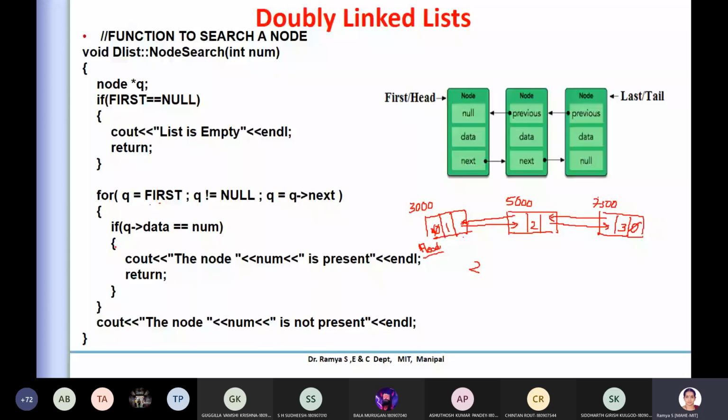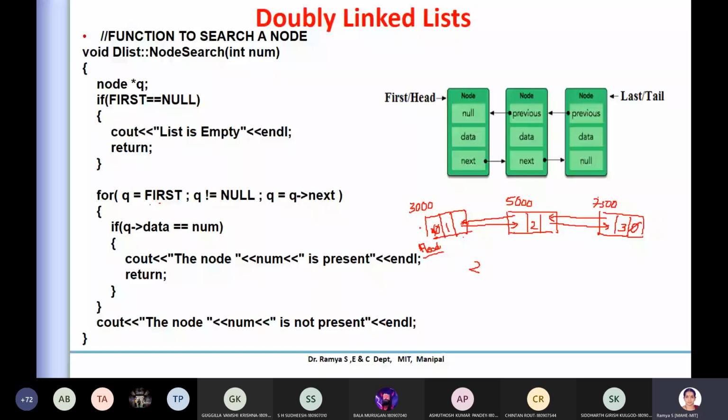So basically you will have a structure which can take two addresses. One is for the previous value, one is for the next value. It is almost the same as a singly linked list, but you can come back. From 5,000, I can go searching in the forward direction or the backward direction. That is not possible with your singly linked list. That's the only difference. Otherwise, in any operation where you are just going ahead and not traveling backward, there is no change. It will be similar to your singly linked list.